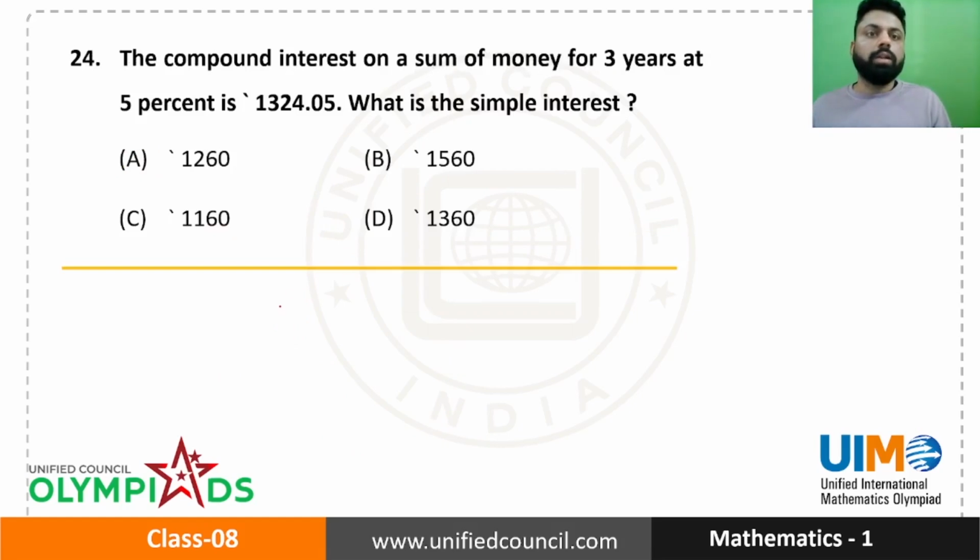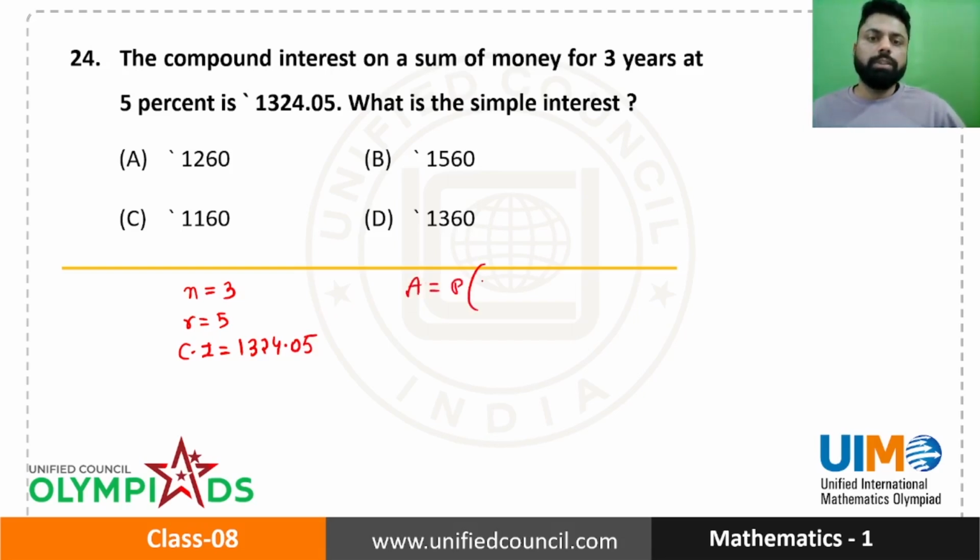Next one. What is the simple interest on a sum of money if the compound interest for 3 years is given? N is 3, R is 5. Compound interest is given to us as 1324.05. What is the simple interest? So see,